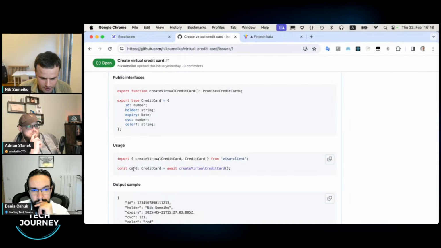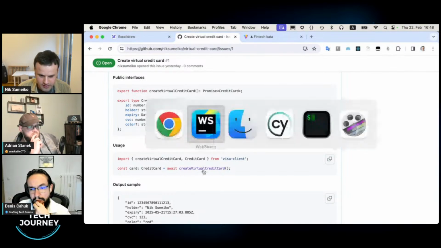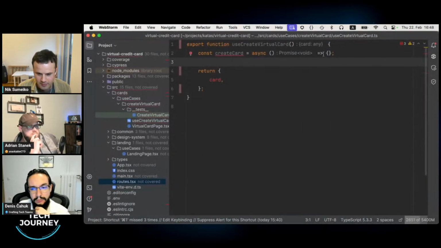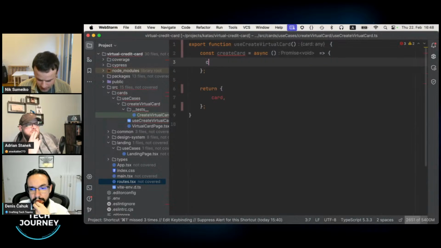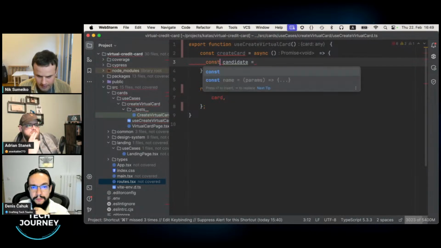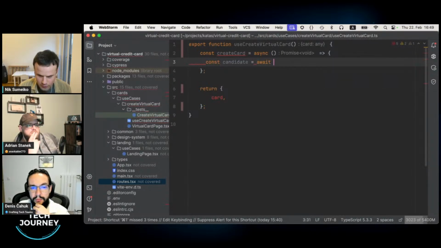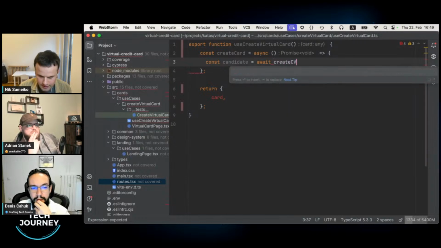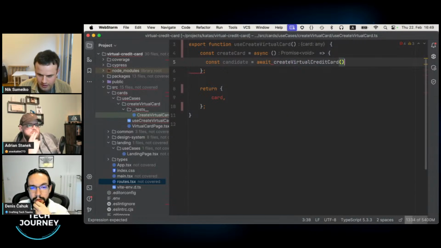So actually, we could create a variable and call an asynchronous method that will bring us this kind of object. Quite straightforward, right? But look, in this handler, whenever we put something like candidate, let's call it candidate, and here we will do await create virtual card.